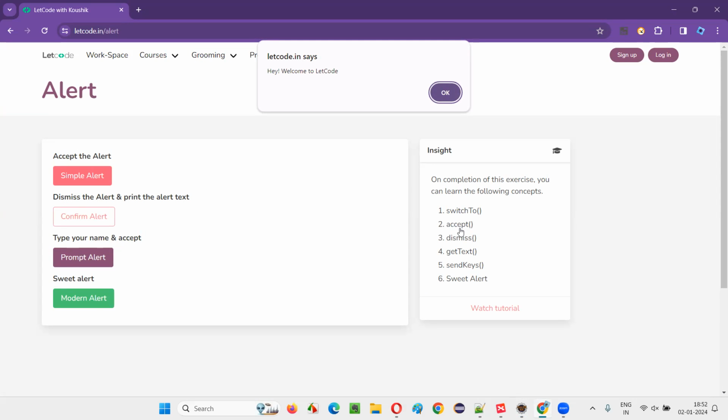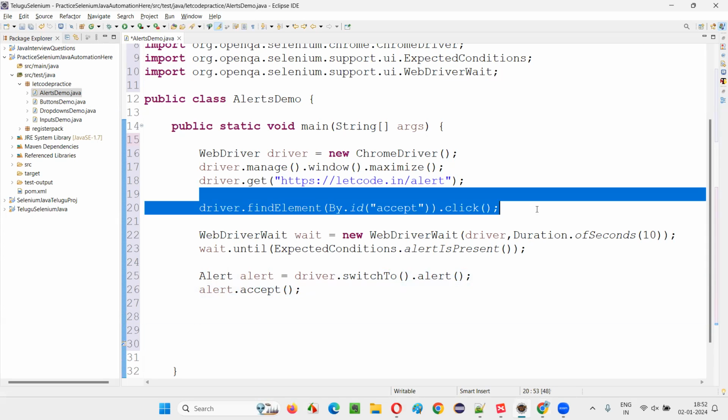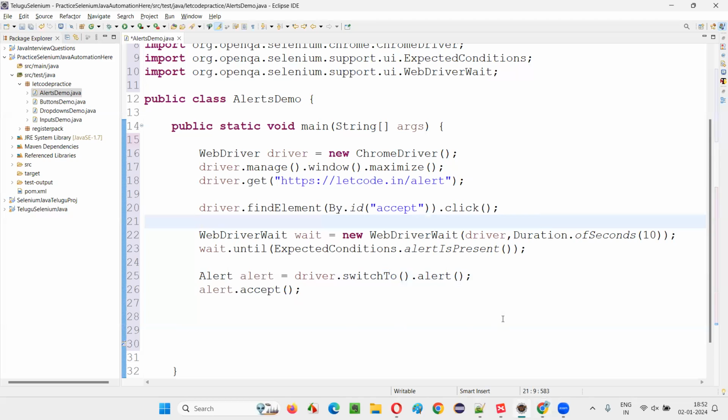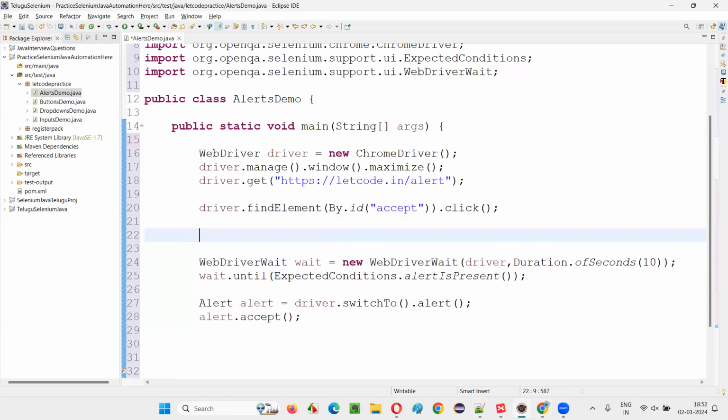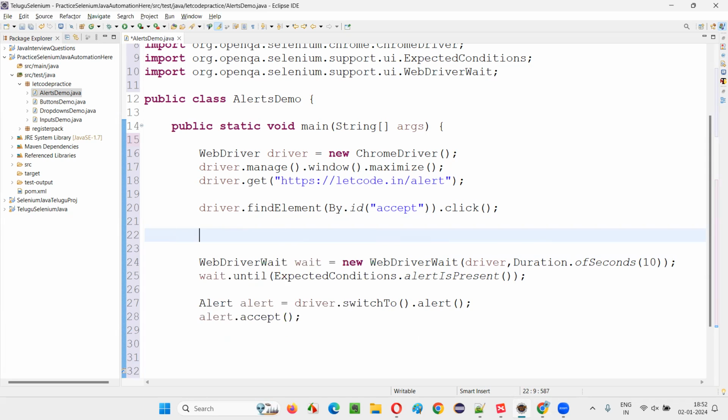You see, they have already given the instructions as a clue. Fine. So this is all good. So driver dot switchTo the alert and all those things. Here I'll just give some Thread dot sleep, or let's not give that. Otherwise, you will not see it in the demo, guys. I'll remove this Thread dot sleep later, but for now,